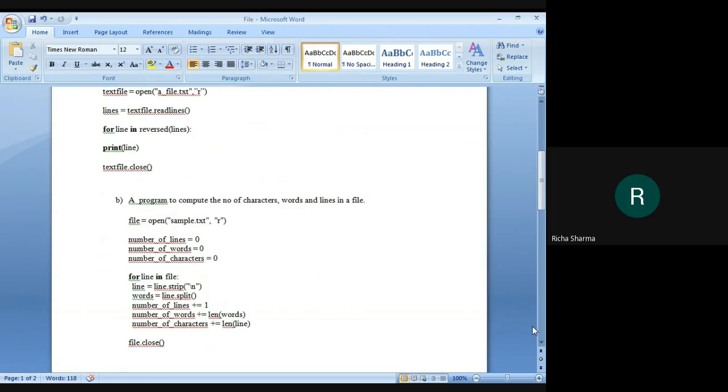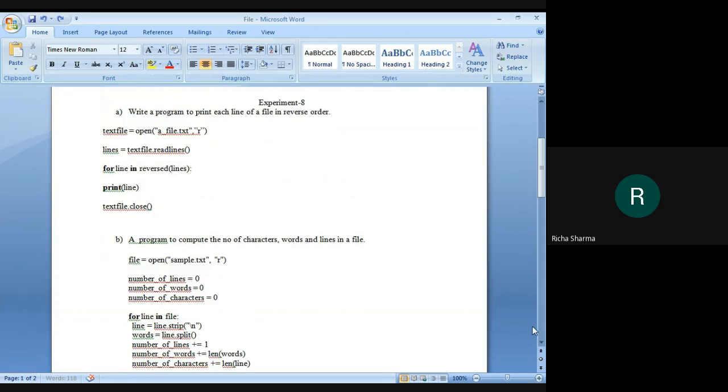We are opening a file named sample.txt in the reading mode using that open function that we have discussed earlier, and assigned to a variable named file. Now we are using three variables here: number of lines, number of words, and number of characters, and initialize them with 0.